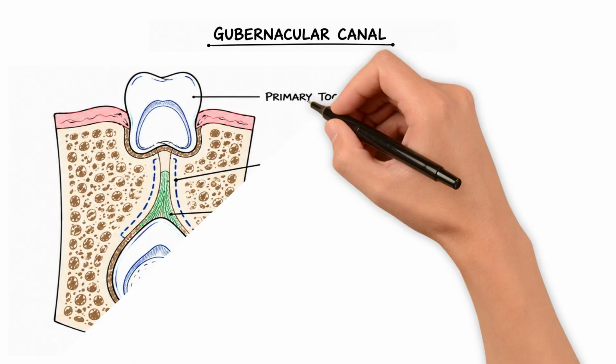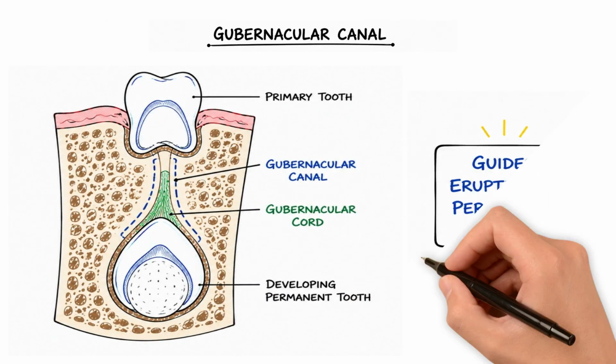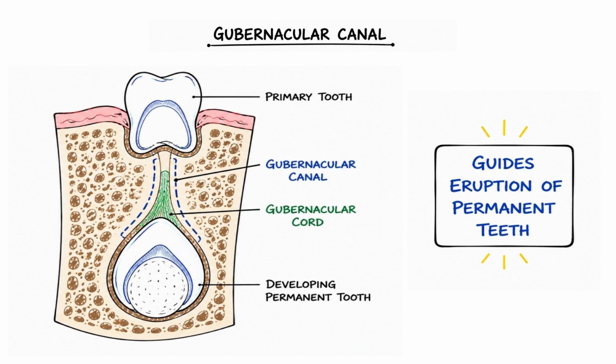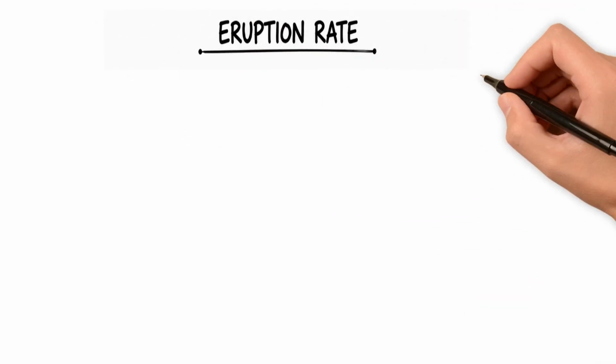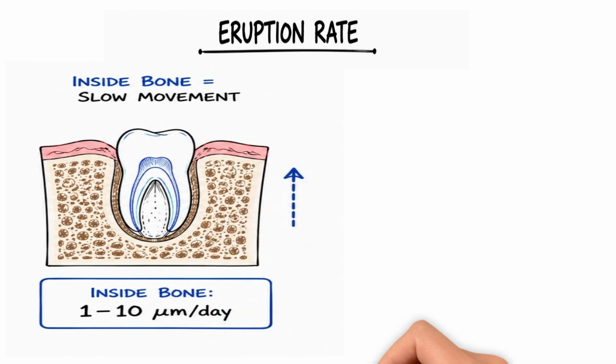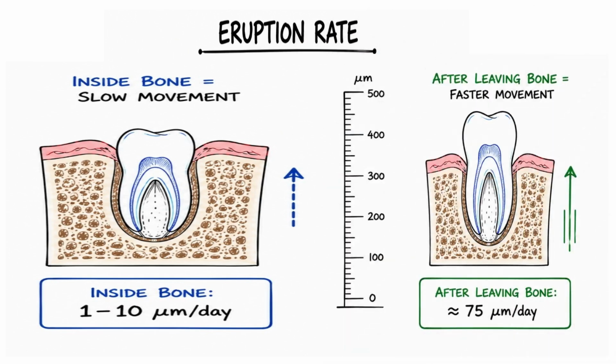The eruption pathway of permanent teeth is guided by a small channel called the gubernacular canal. This canal contains the gubernacular cord, which is made of remnants of the dental lamina. As the permanent tooth develops, this structure helps guide it toward the oral cavity by providing an eruption pathway through the overlying bone. The rate of eruption changes during different stages. While the tooth is still enclosed within bone, eruption is relatively slow, occurring at approximately 1 to 10 micrometers per day. Once the tooth emerges from its bony crypt, the eruption rate increases dramatically to approximately 75 micrometers per day